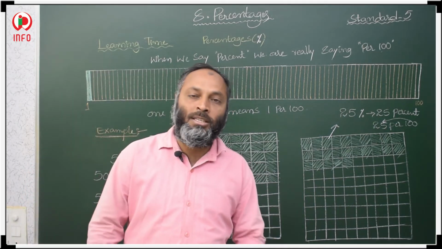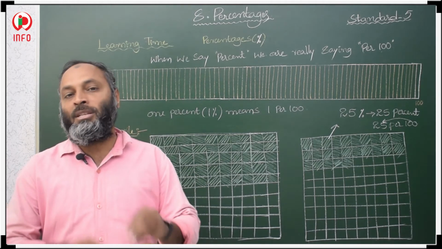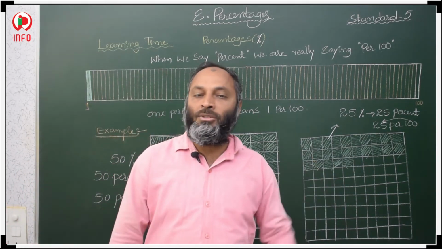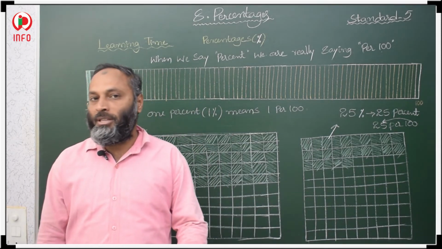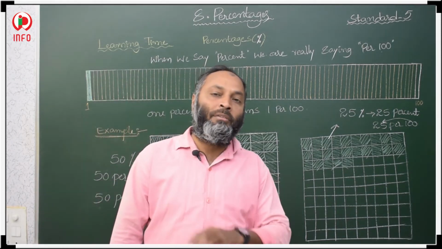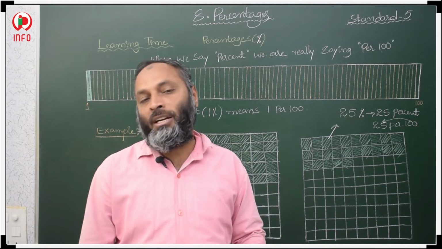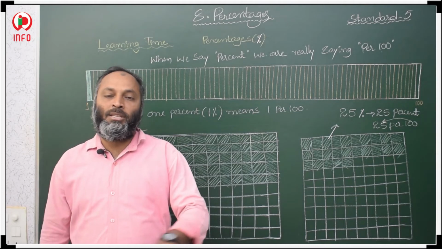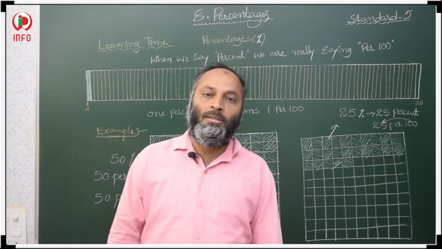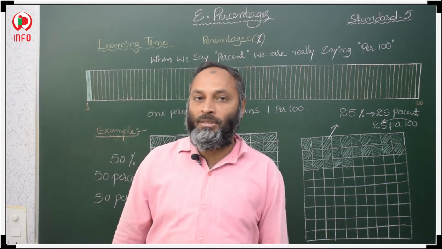Okay. So this is about 50%. 50% means half of the portion, half of the part is over, half of the part we did. Half of the part is completed, that is what 50% means. If 100 grids were there and all 100 we shaded, that is 100%, cent percent means complete. So this is about 50% and 100%.